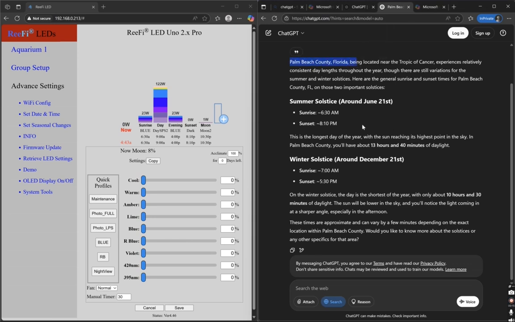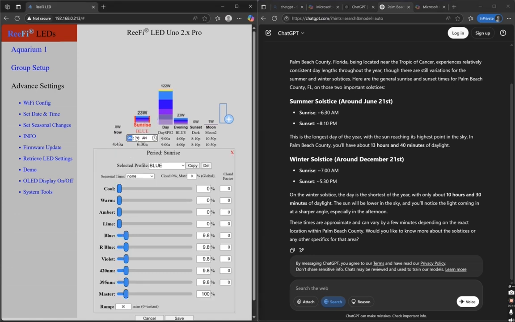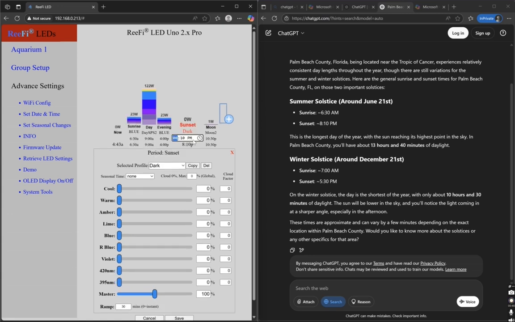This is from ChatGPT time. Sunrise, so I'm going to be setting my time to summer solstice. Sunrise is 6:30 and sunset is 8:10. So the top line here, the top time, is the time that you set, and then the bottom time is the seasonal changes. So first we put in the time for sunrise 6:30, and then sunset for 8:10,